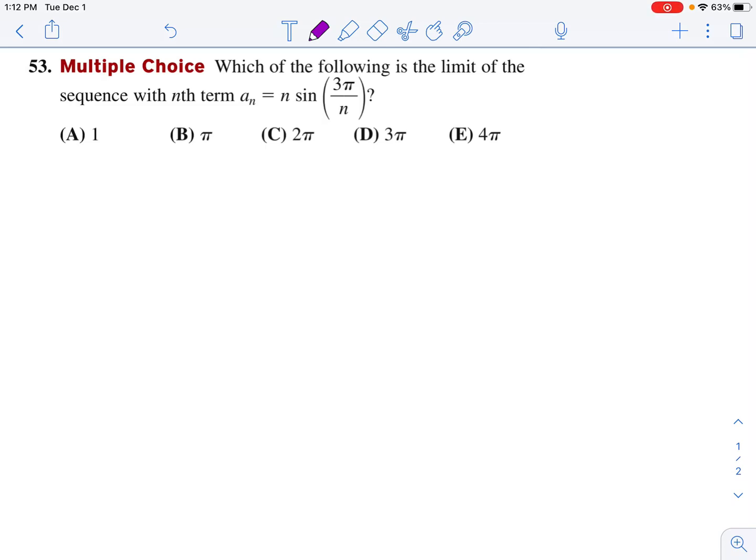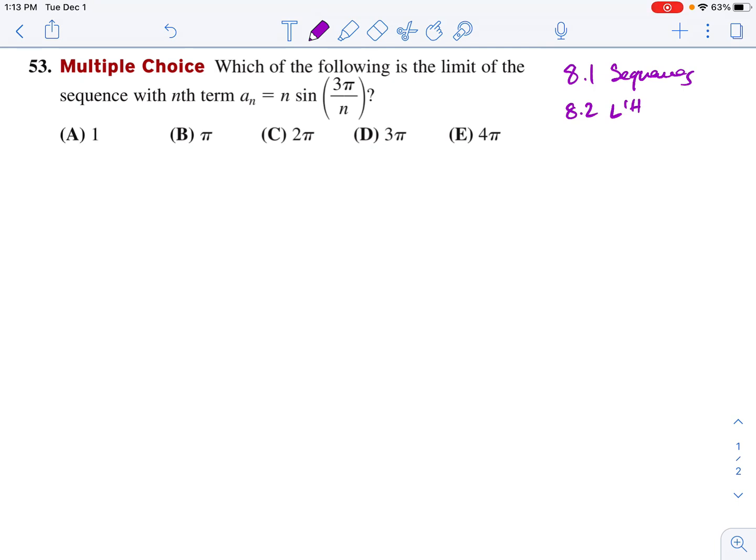All right, Calc BC, we're doing 8.1, number 53. And 8.1 is sequences. So this is one that some people have had a problem with. What is the limit of the sequence with an nth term of a_n equals n sine of 3 pi over n? And so first of all, you could L'Hopital this, but L'Hopital is in 8.2,